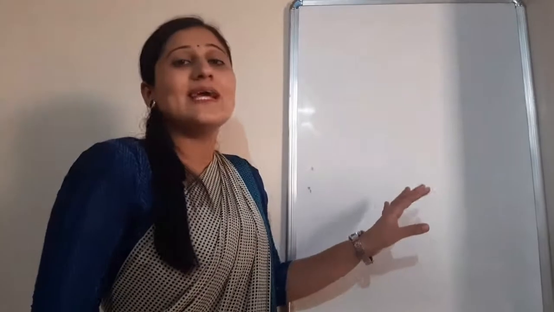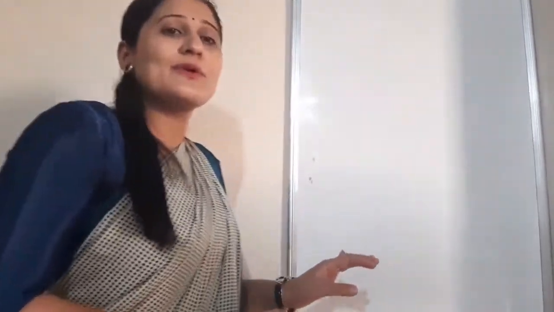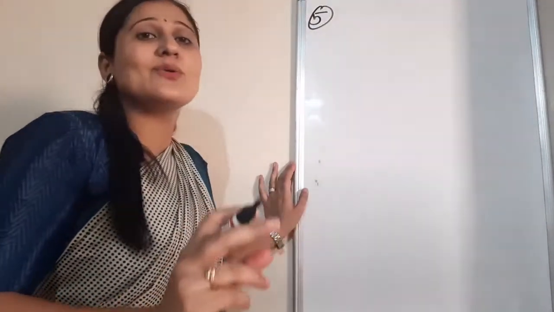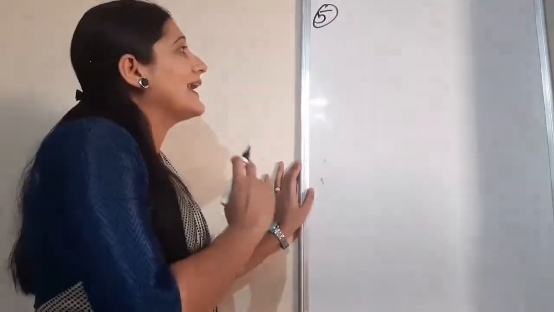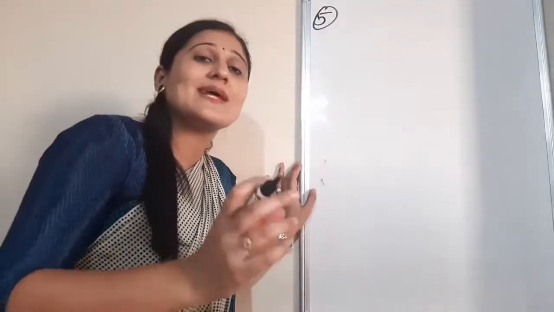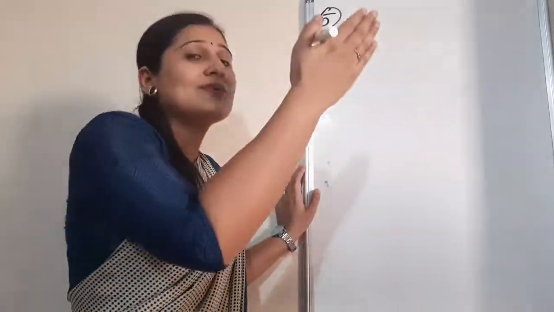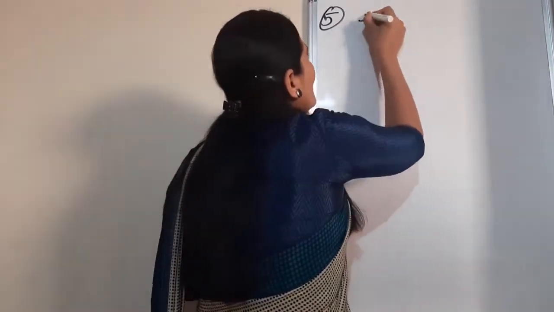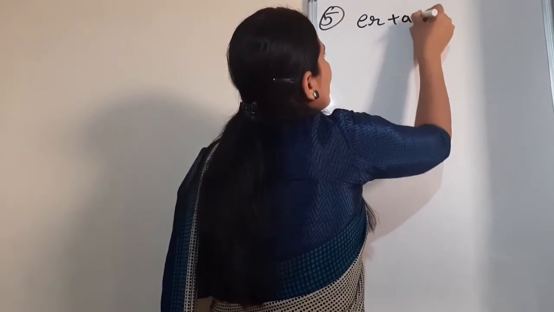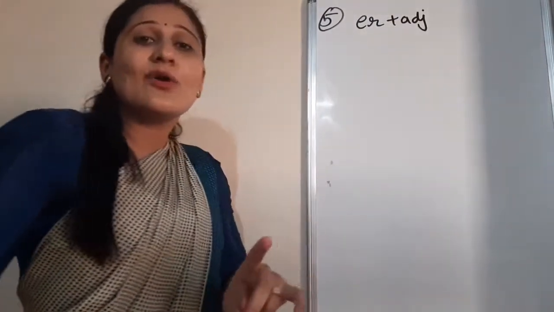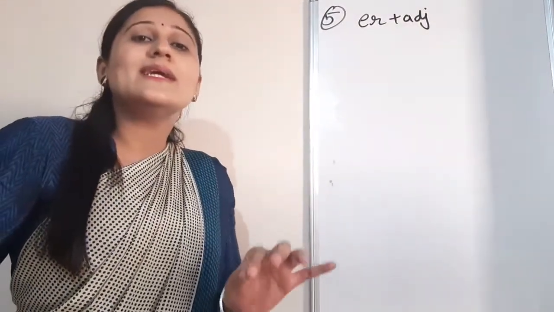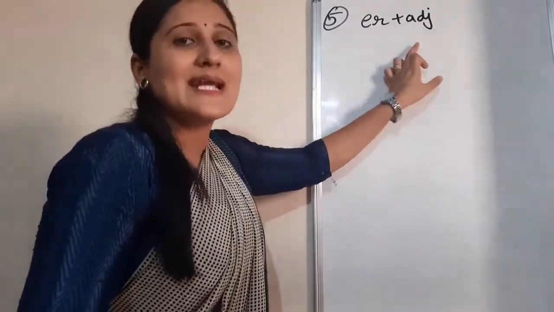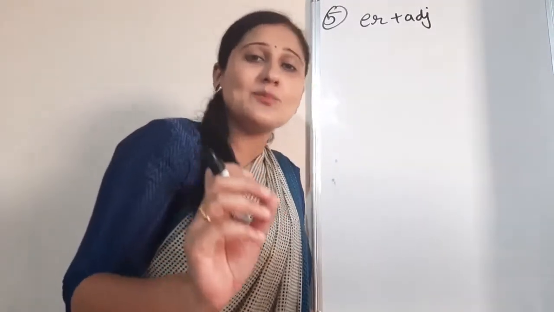Alright, now we have seen the 4th rule. Let's have a look at the 5th rule. If we delete 'so adjective as' for negative and 'as adjective as' for positive, then what to add when we convert from positive to comparative degree? Let's see, we need to add er plus adjective. In common information I have already given, right? Again I am repeating. We need to write er plus adjective if the adjective is small.